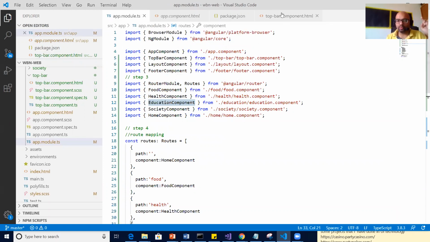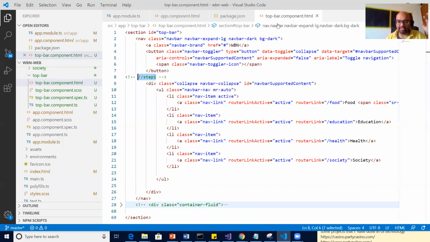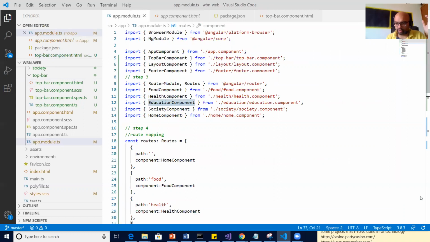For step 2, I miscalculated the counting. Step 1 is creating over here. Step 2, you should go to here. Wait, what is in the chat? Adding component. Yes, step 2 was adding component.